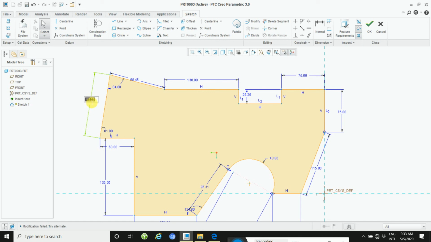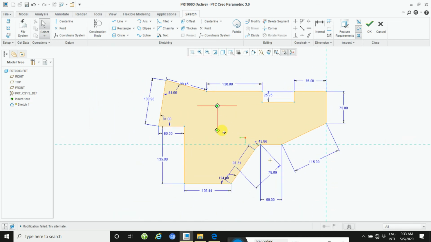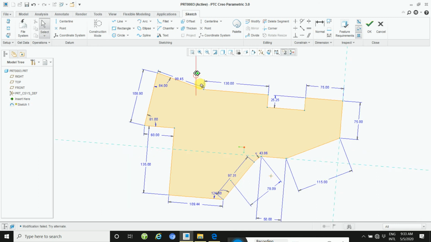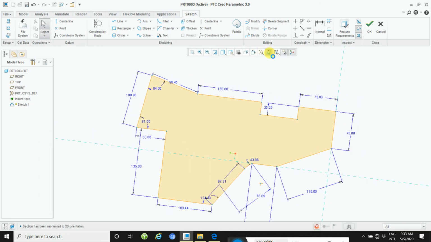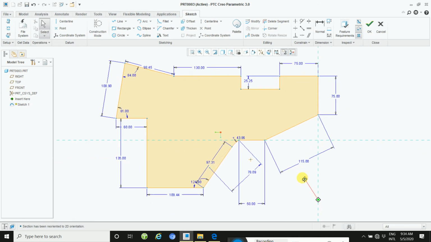This dimension you need to modify 108.9. Okay, then 175. 75. Click here to normal this and then adjust.